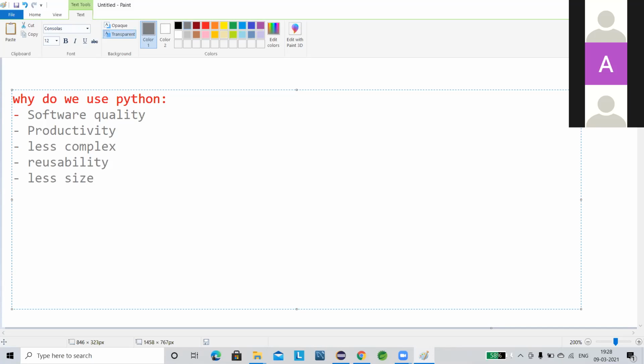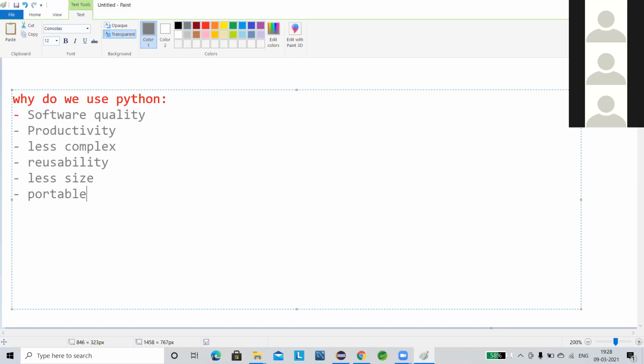Next, and a very important term, is portable. What is portable? Any of you just guess it, because you already know in Java. Platform independent, yes, surely. Portable means basically it does not require any particular operating system. It can perform anywhere, on any operating system, whether it is Unix, Linux, Windows or Mac. That's why it is portable.